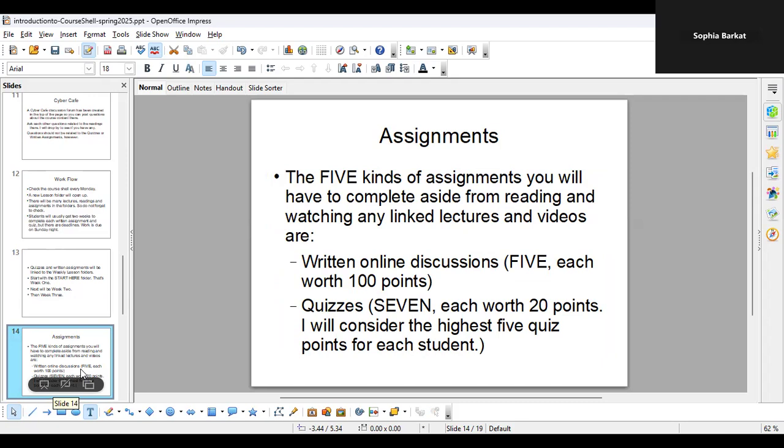Quizzes, you'll have 7 quizzes, each is 20 points, and these are quite difficult. They test you on your knowledge of the material in the books. So do read the chapters. If the quiz is on chapter 1, read chapter 1 thoroughly, take lots of notes. You'll have to take 7, but I will take the highest 5 quiz scores for each student towards the final grade. So if you didn't do well in one of the quizzes, don't panic, don't worry about it. I'm going to take the